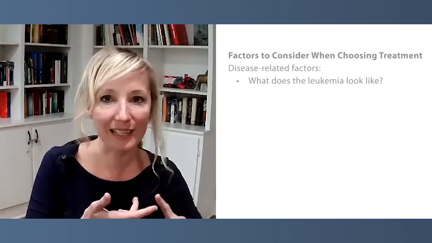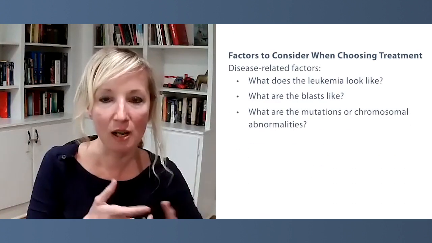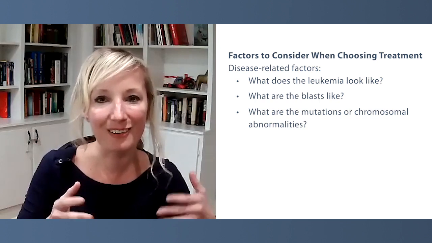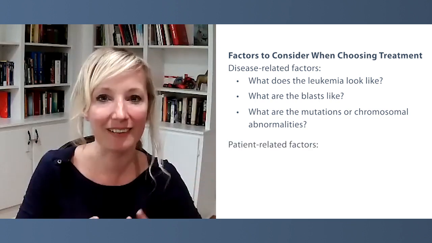The new tools that are available, what other factors do you consider when working with an AML patient to choose a treatment approach for them? The most important aspects are what we call, and I'm glad that you bring this question up, disease-associated factors. This is everything in the leukemic cell, like how does the leukemia look like, how does the blast look like, what changes are there. But the biggest part are what I would call the patient-associated factors, the patient age, the